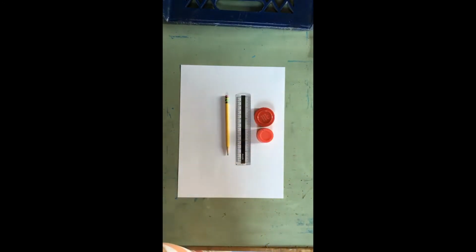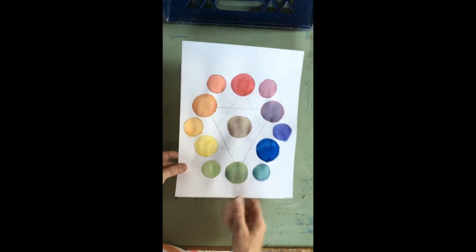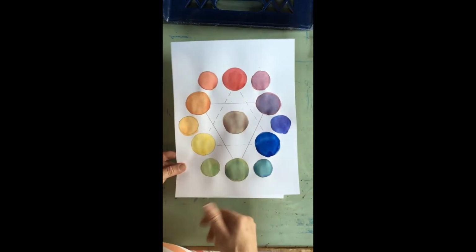the lesson. To get started, you'll need a piece of drawing paper, a pencil, a ruler, and two circles to trace, one being a little bit smaller than the other. I recommend that you not pick something too large to trace because you need to fit a lot of circles